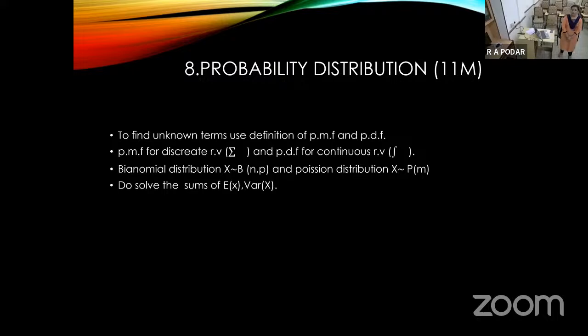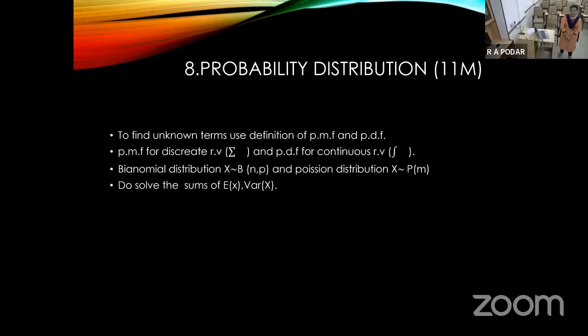And second, we have a Poisson distribution. X follows the parameter m, where in this Poisson distribution the mean and variance are the same. So make a practice of solving expected value and variance, because at least for 4 marks it might be